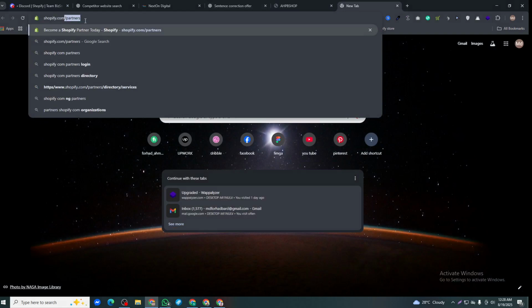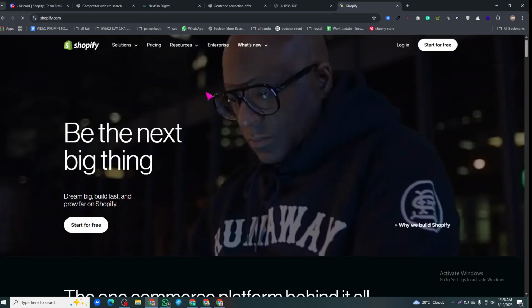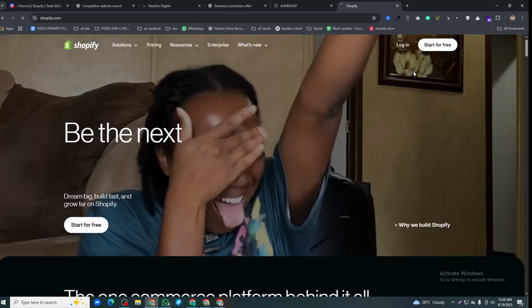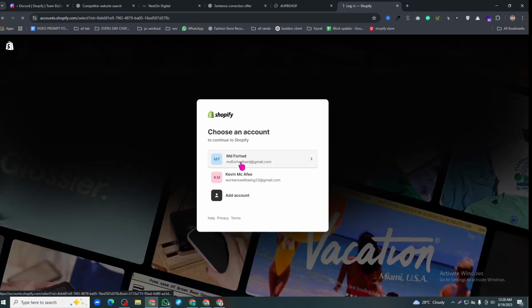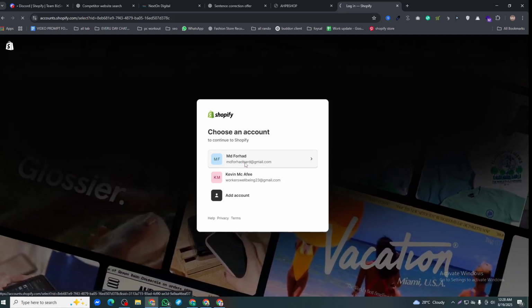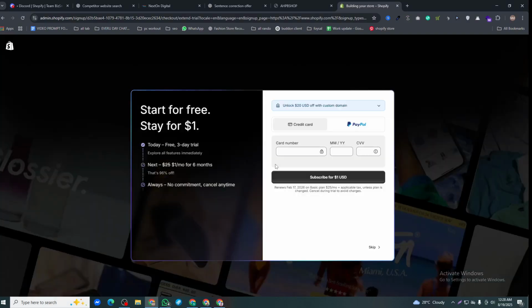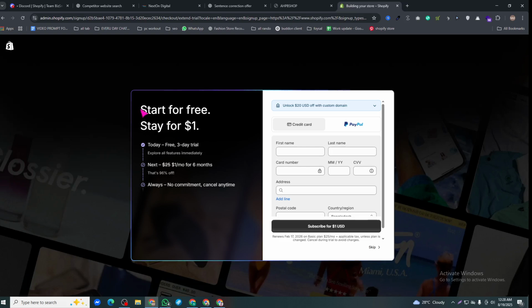Okay, I'm going to go to shopify.com, and after that you have to click Start free trial. Then you will get the Shopify free trial for 3 months with $1. So I'm going to choose one of my accounts, and from here I will move forward. First of all, I have to log in to Shopify, but I'm already logged in. And from here, as you can see, it's saying start with the free trial